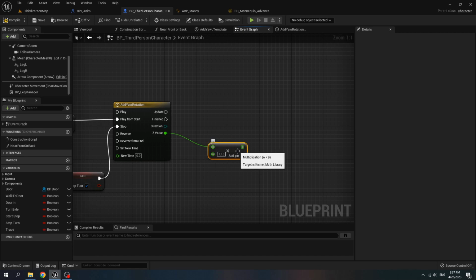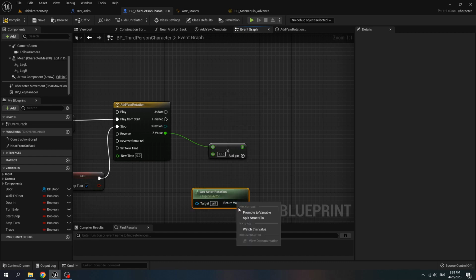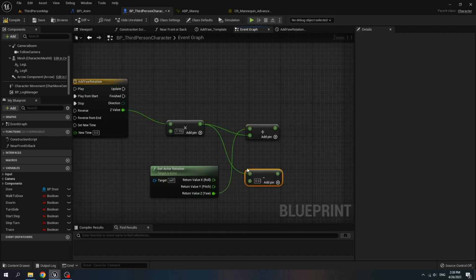This value you can increase or decrease it if you want the character to rotate slow or fast. Get actor rotation, split, and for the yaw, add the yaw again, subtract it with the z value.